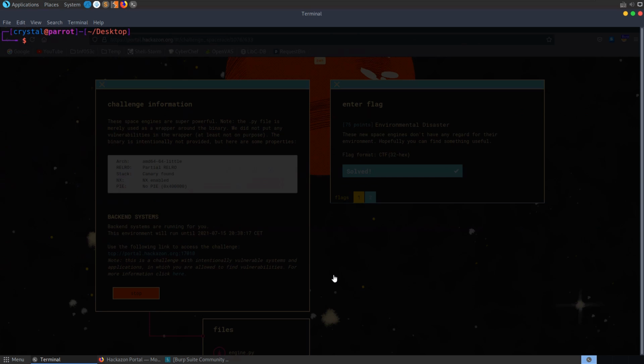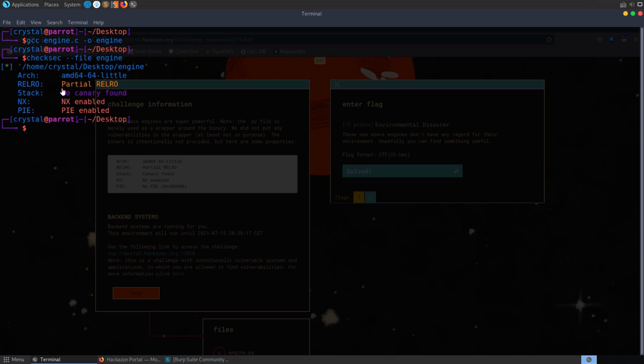If we just try to compile this normally with gcc engine.c and output it to engine, and then run checksec, passing in the file engine, it'll tell us we've got the architecture correct, that's all good, AMD64, little endian. We've got partial RELRO, that matches, but we have no canary in our binary, whereas they have a canary, and we have NX enabled, which is good, but we have PIE enabled. So we need to change slightly so that we're matching the same binary they're using on the remote server. We want to disable PIE, so I'm going to add a flag saying no-pie, and we want to